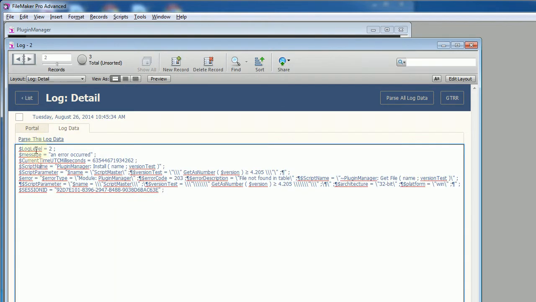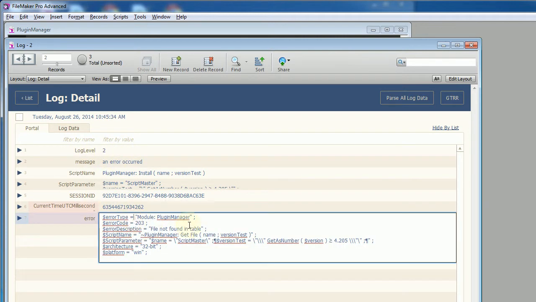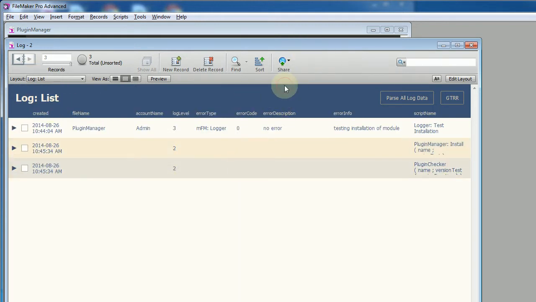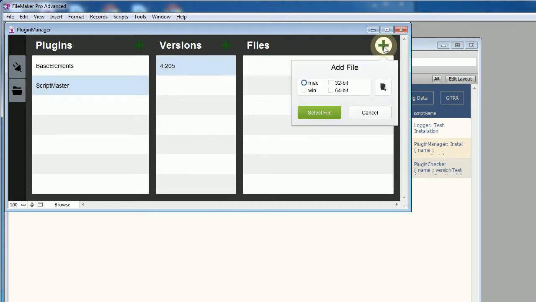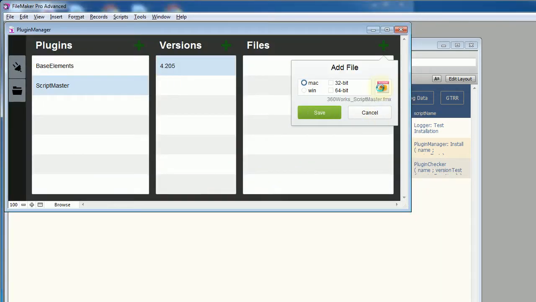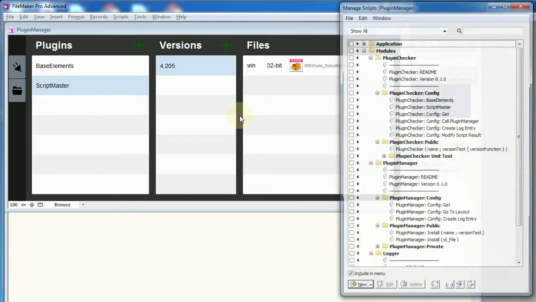So you can view it as let notation, or you can click the parse log data to view it in a portal. And the error is that the file is not found in table. So that's hopefully pretty descriptive. The file isn't here. So I'm going to go and add the file. I've got the plugin right here. On Windows, save. And now if we run the same script,